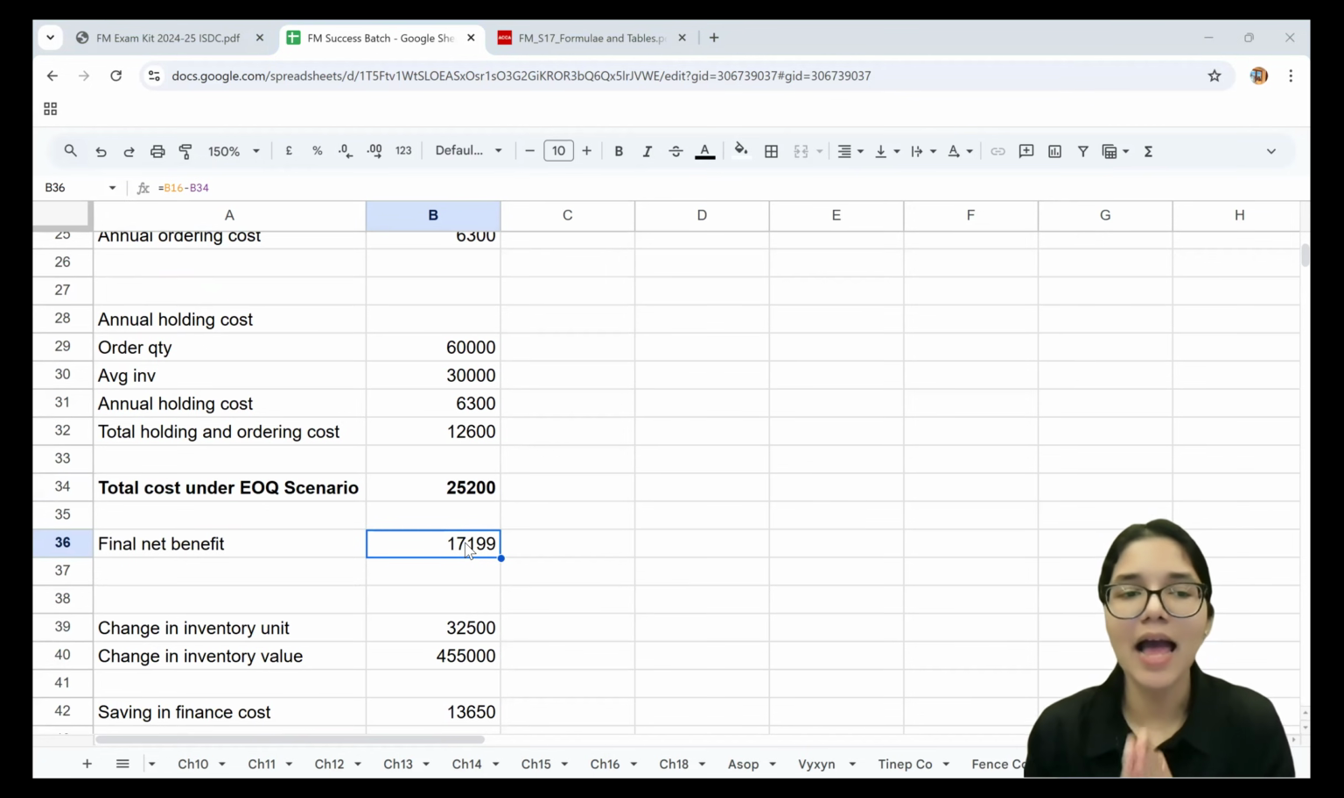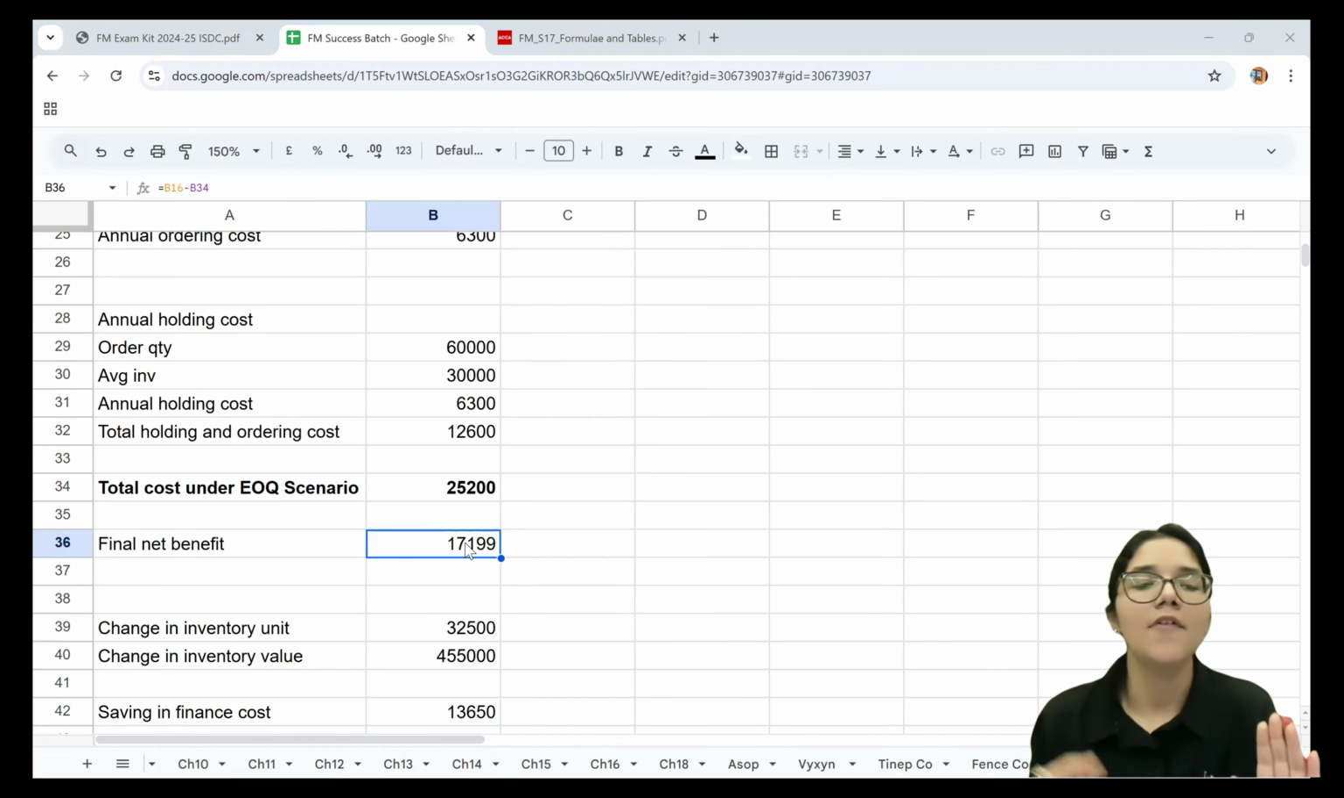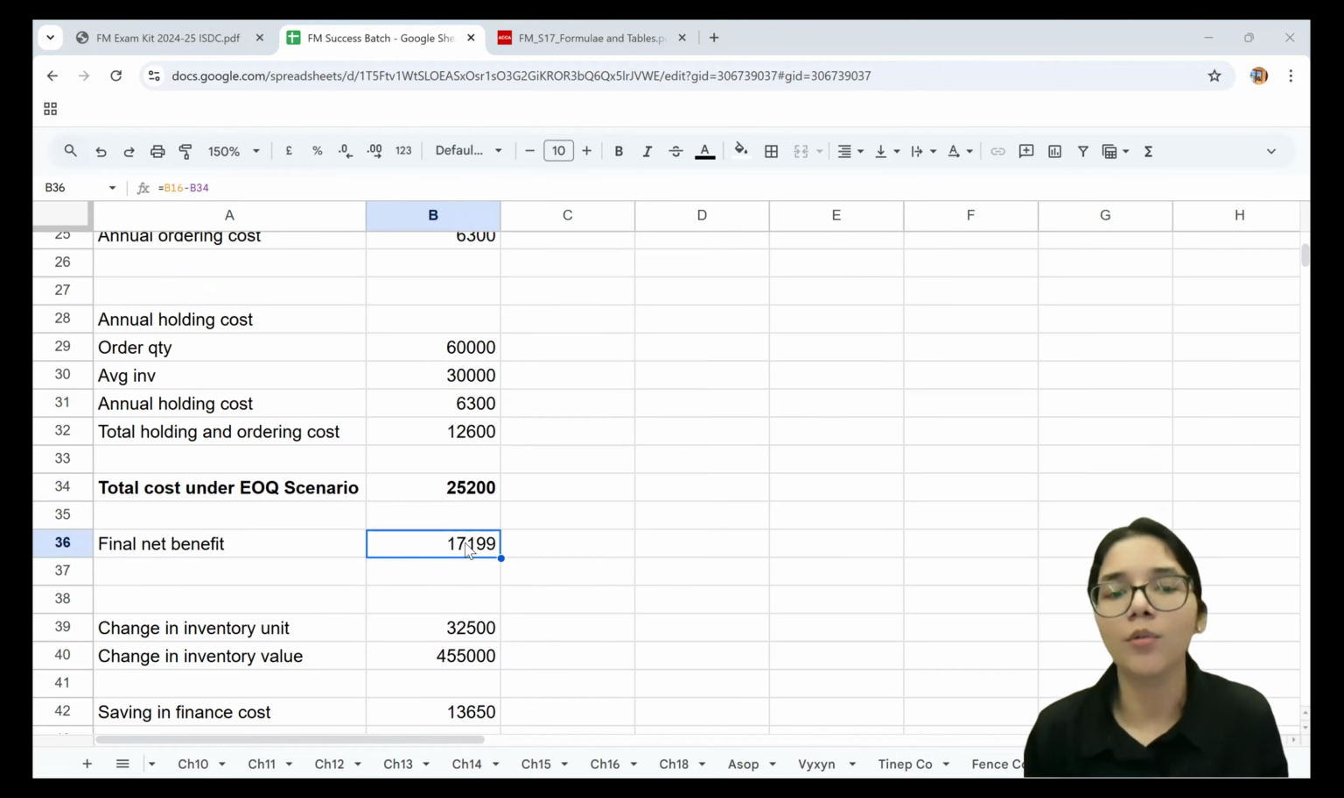What you did is just add all of the holding, ordering, and finance costs under the first case. Do the same for the second case and then draw a comparison. So if the business uses the current system, it will cost them this much. If it uses the new system, it will cost them this much. And the difference between them will be if they use the EOQ model, they will end up saving